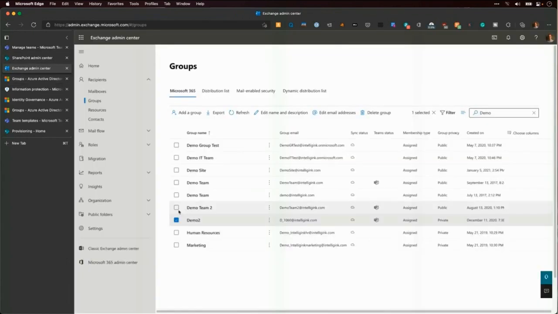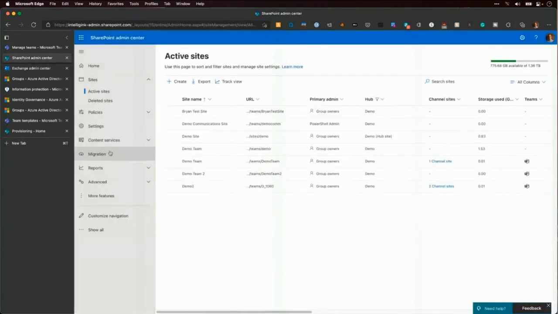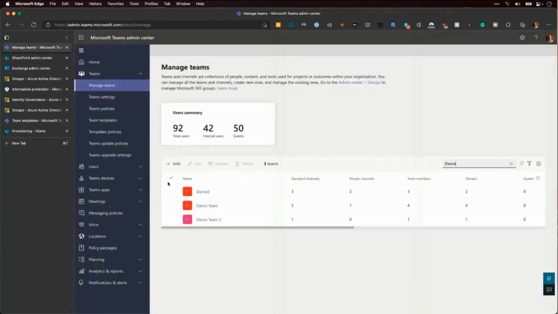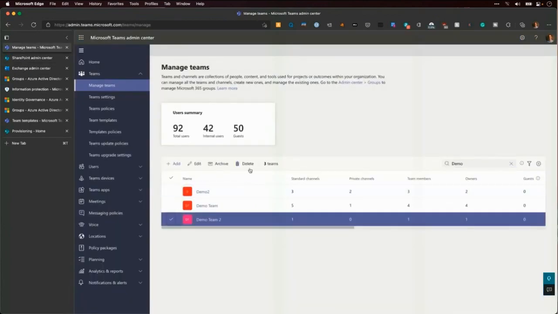If I'm an Exchange admin, I could select demo team 2 and delete my demo team 2 group from the Exchange Admin Center. I can go into SharePoint, select demo team 2, and delete it from SharePoint. And just like you may have guessed, I can go into Teams, select demo team 2, and delete it.